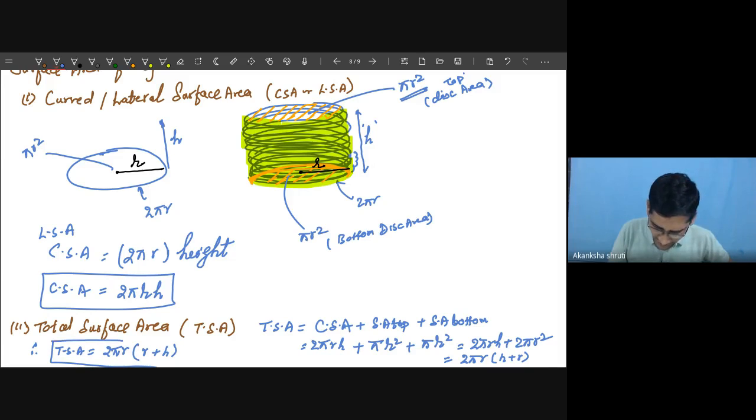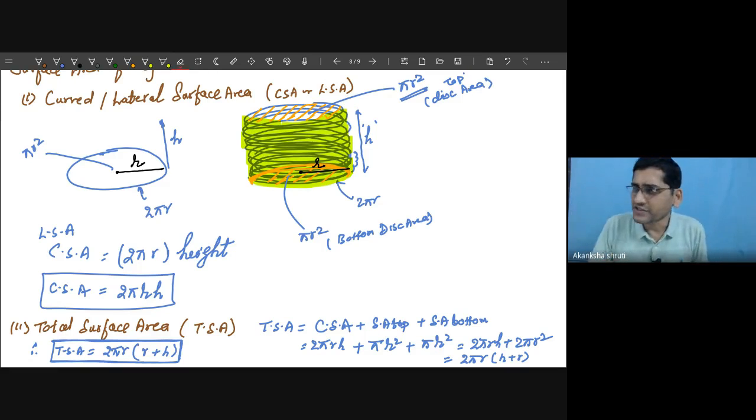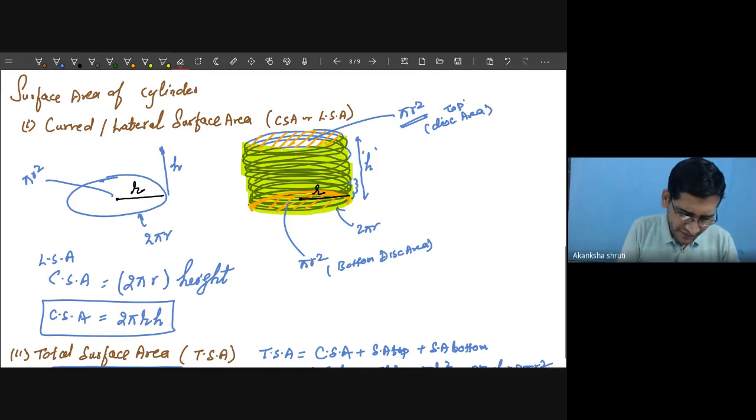So it's so simple, students. You have to just observe carefully what is being asked. So by applying these two formulas, the surface area can be calculated, and if cost is given, that has to be multiplied with the cost. That technique we had already learned in our previous lecture. So this was about the surface area